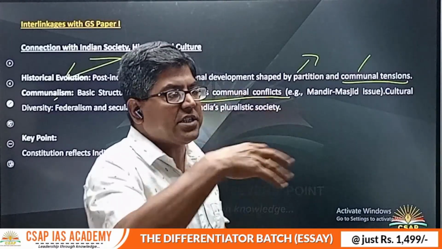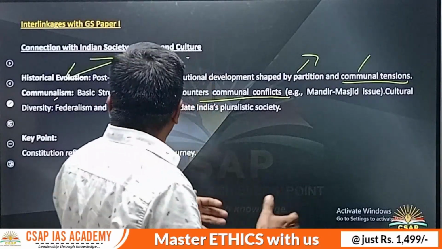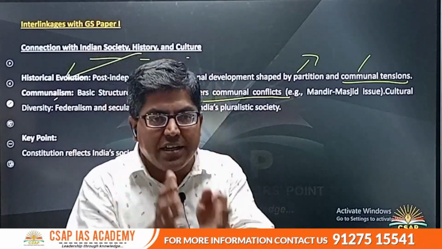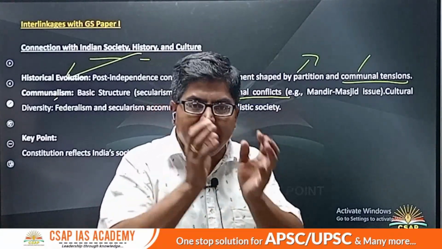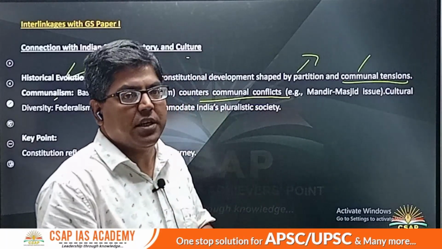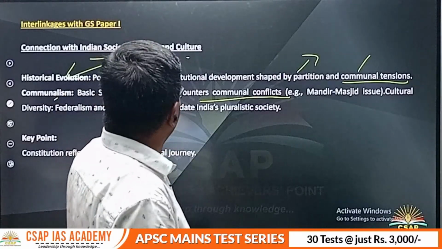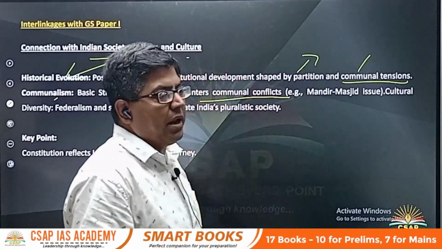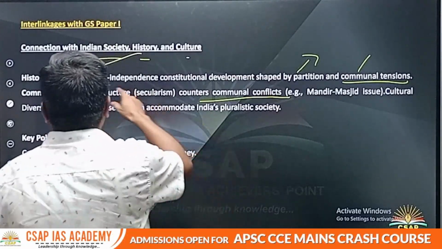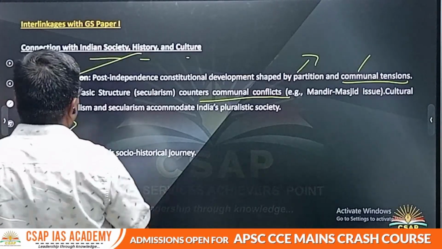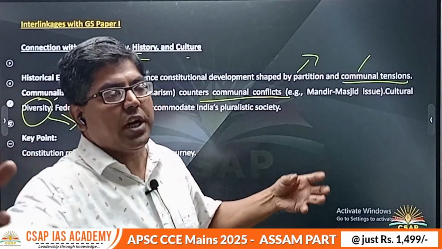So how do we understand this topic of communalism? How is it that an understanding of constitutional development, constitutional amendment and the basic structure is going to help us make better sense of these themes like communalism, or for example, post-independence constitutional development? Similarly, we have diversity as one of the important topics. Now how is this diversity negotiated through the constitutional provisions?